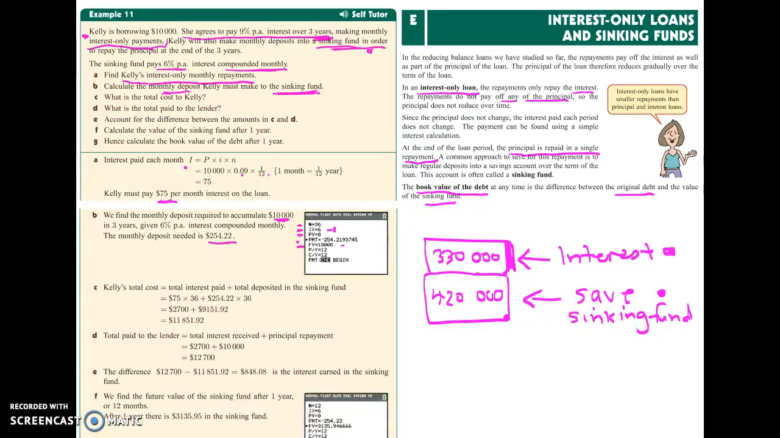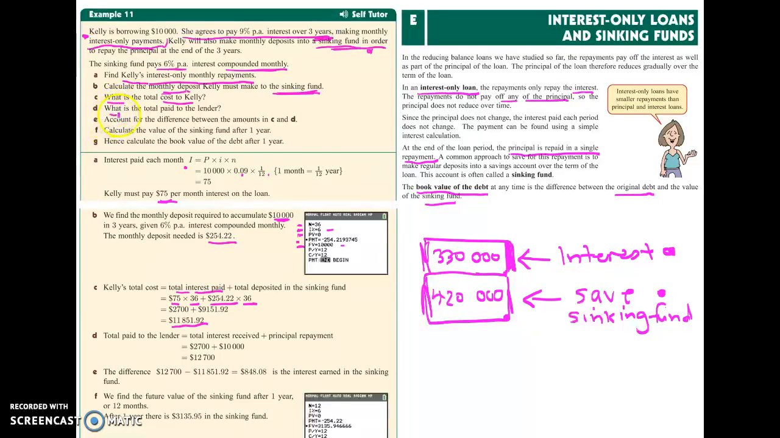Part C, what is the total cost to Kelly? So the total cost to Kelly is what she pays into this interest-only account, and then also what she pays into the sinking fund to pay off the total amount. So Kelly's total cost is the total interest paid, which was $75 for 3 years each month, and that's her interest-only account. And then she also paid this much for 36 months, the 3 years, into the savings account. So they're her total payments, which gives you $11,851.92. Okay,